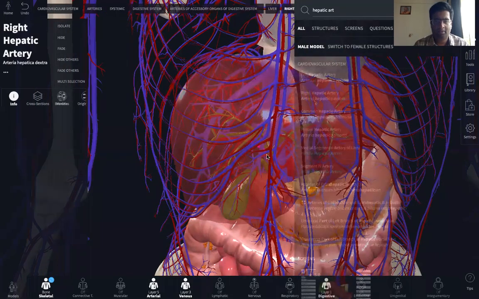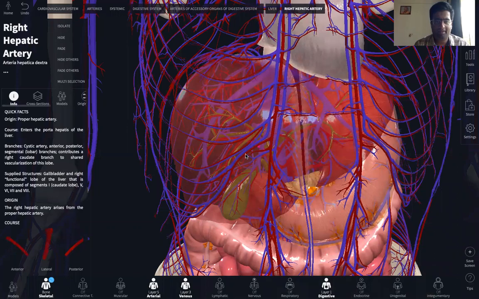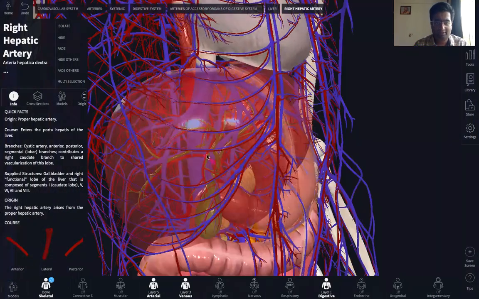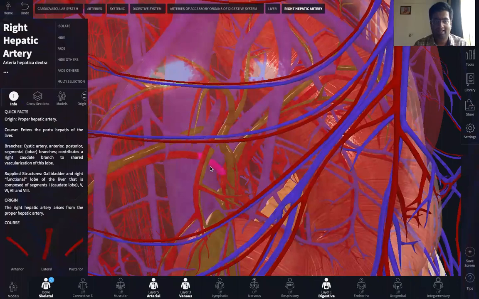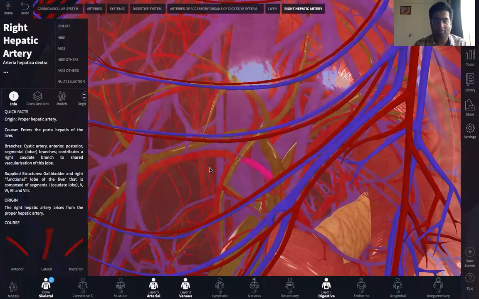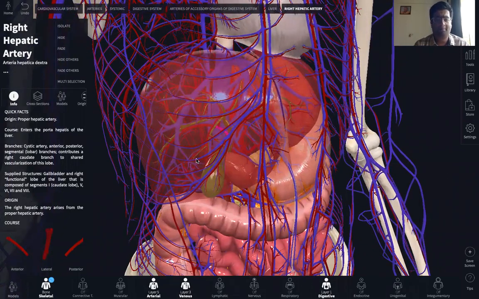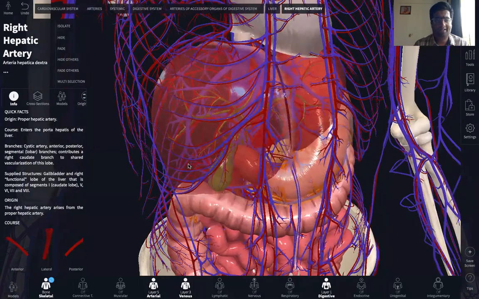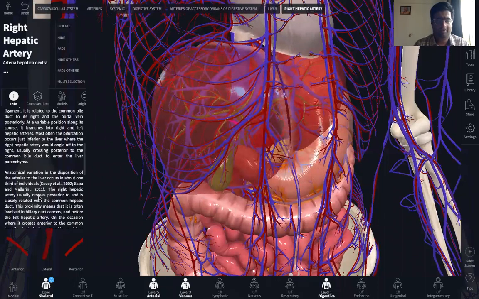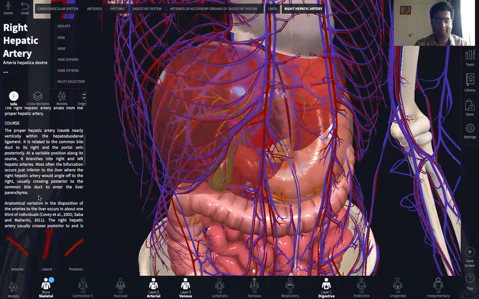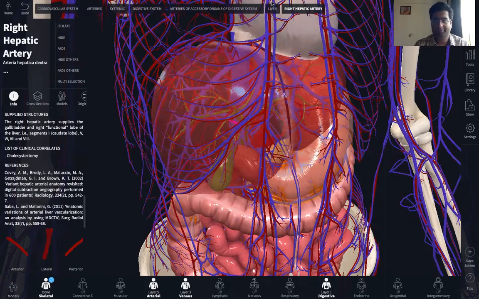That's there on your screen now. The right hepatic artery, seen in pink, faintly behind here. I can just show that here, yes. So you can clearly see this. That's the right hepatic artery, and a while ago you saw the left hepatic artery as well. So the hepatic artery is a branch from the aorta. It carries oxygenated blood from the left ventricle of the heart and supplies oxygen to the various tissues within the liver. So this is in short about the hepatic circulation.